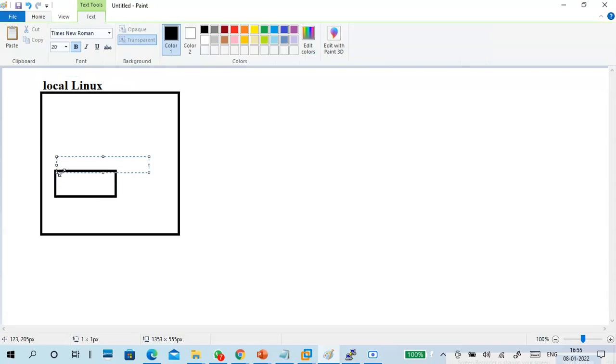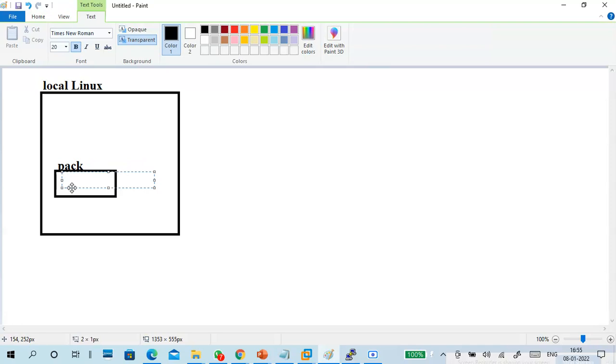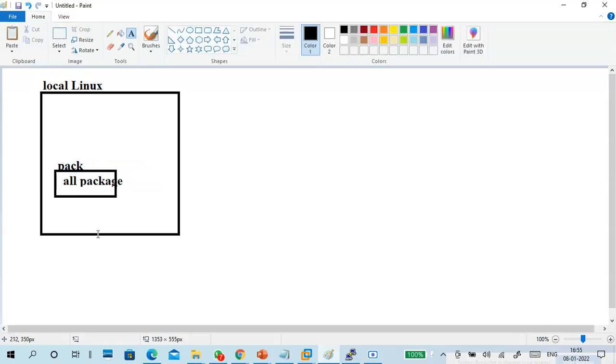I created a folder and named it pack, and I copied all the packages, meaning software and applications, into this folder.